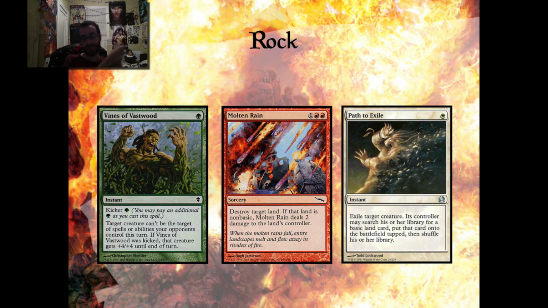Okay, so rock decks are a little bit of a hard matchup for this deck, and by a little bit, I mean you really need to just be explosive. Your main deck isn't too bad. In your main deck, you're going to be thinking about simply racing and then using your Tribal Flames and your burn as reach. What you want to do in the sideboard is think about things like Molten Rain,